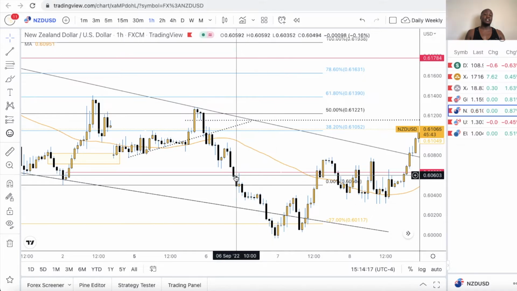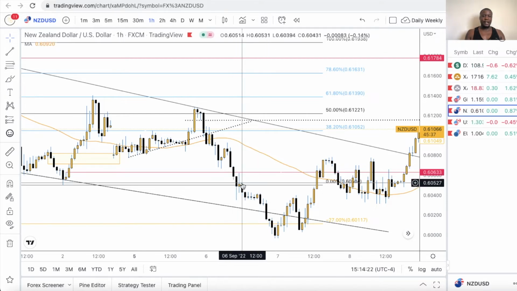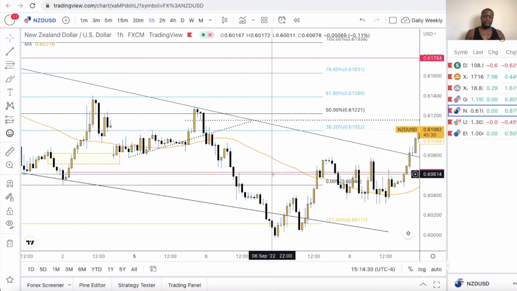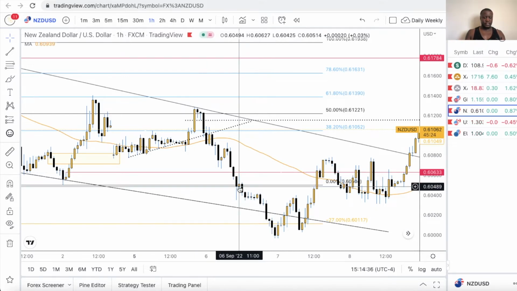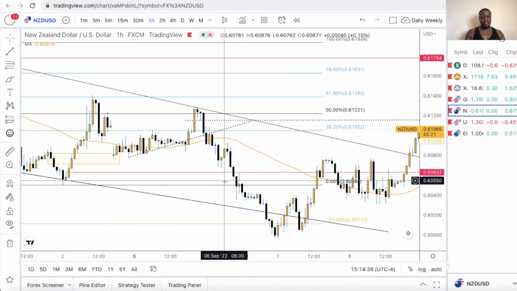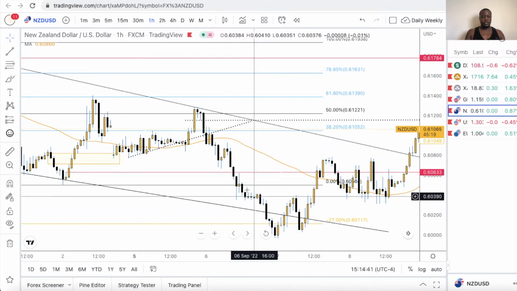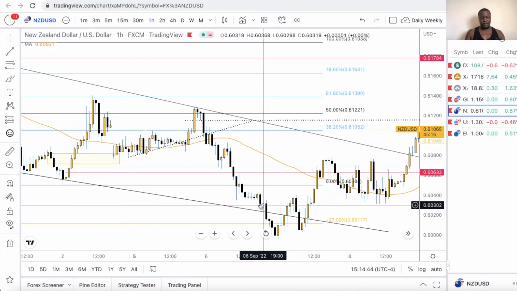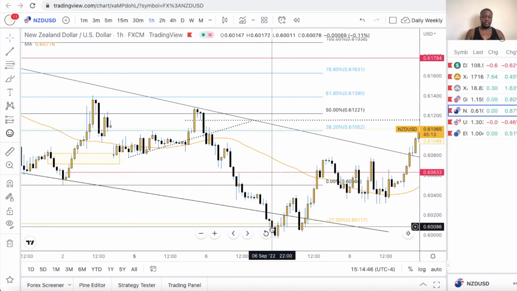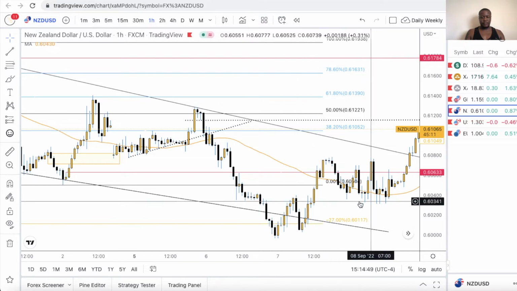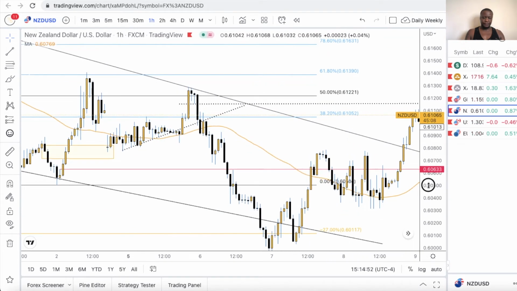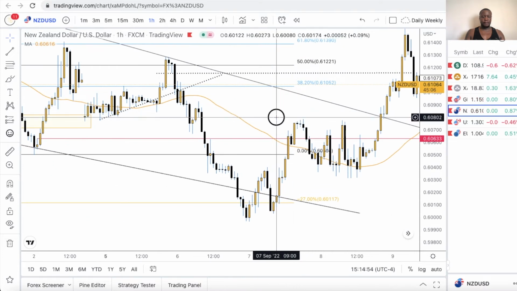But then I also realized there was a 10 o'clock news release, so I waited for that to come out, and I noticed that price was in my favor. The news was in my favor, which was positive on the dollar side of things. So once I seen that, I entered right away, and as you can see, prices continued to drop into the next day. This is the following day where price continued to fall to my negative 27 extension level. So pretty solid trade.